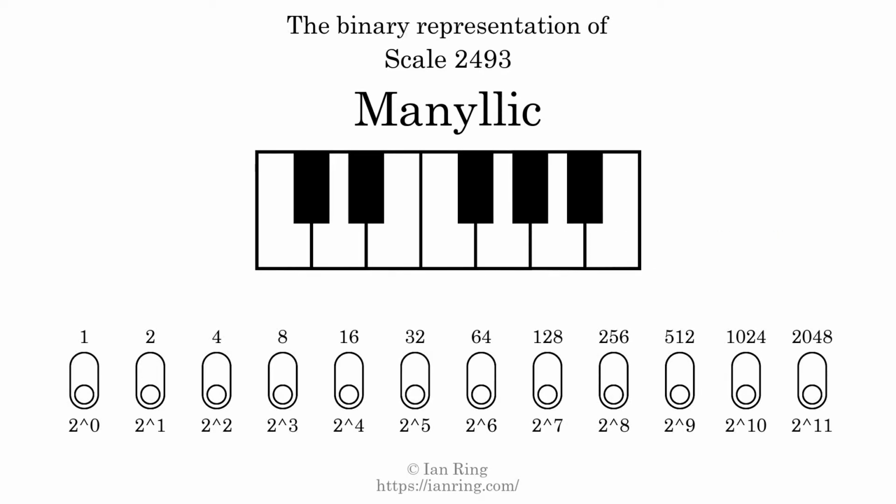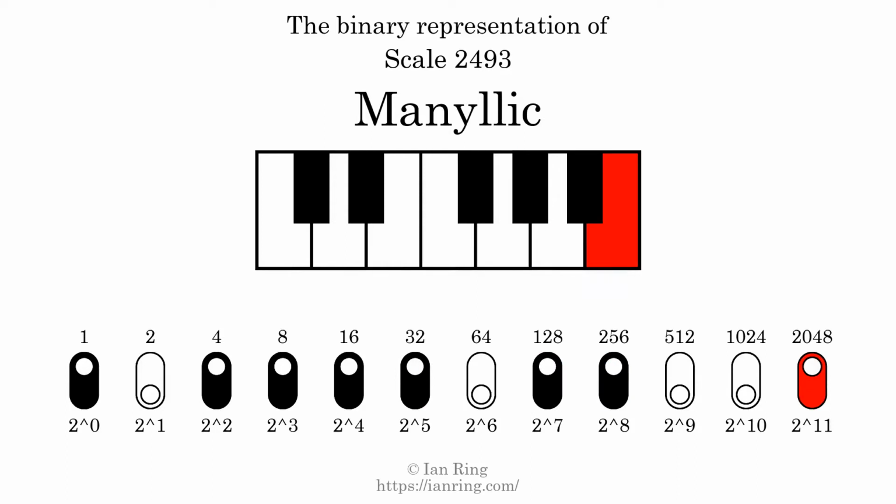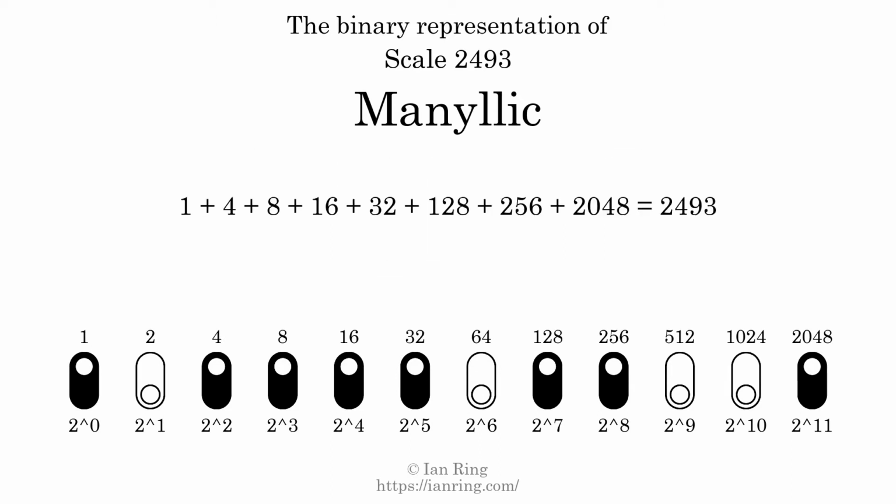The binary representation of this scale is determined by mapping tones of the scale to binary digits. Each binary digit represents a power of 2. To get the scale number, we add the powers of 2 together. The powers of 2 that are present in the scale, all added together, equals 2493. That is why the scale number, in decimal, is